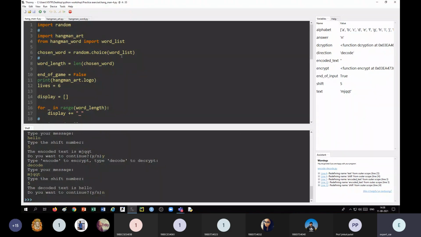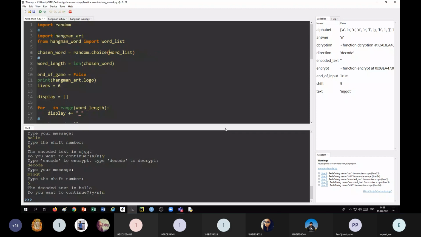So now whenever you use word_list, there is no need to write hangman_word.word_list. Here chosen_word is equal to random.choice, and directly we can write word_list. If you write the full qualifier it won't give you an error, but we can do it this way.